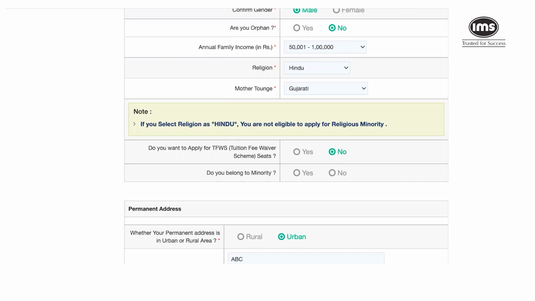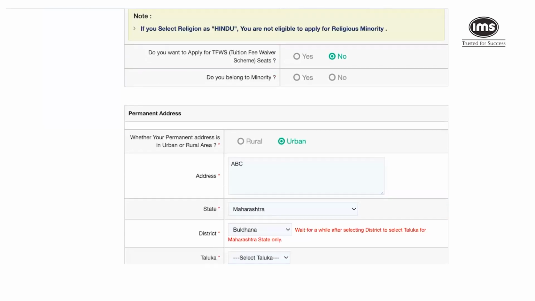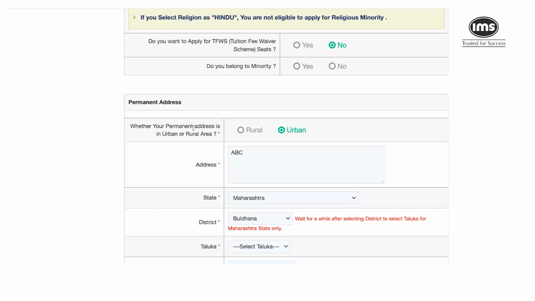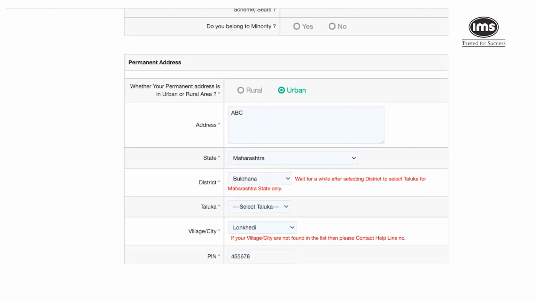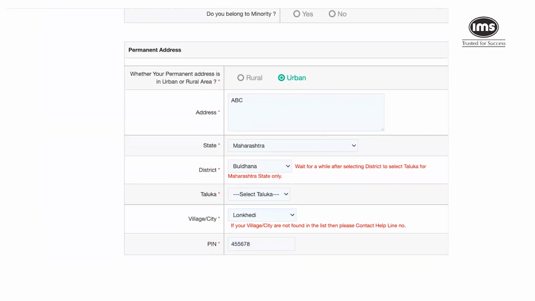Do you belong to a minority? You'll have to again make a choice between yes or no. If you select yes, you'll have to specify which minority it is. And then you have to enter the permanent address, whether your permanent address is in an urban or rural area, and make a choice and enter the address followed by the state, district, taluka, the village or the city, and the